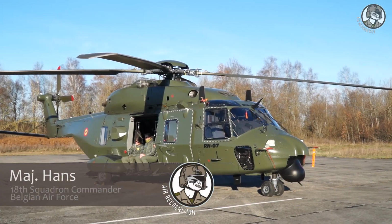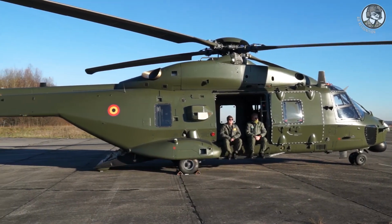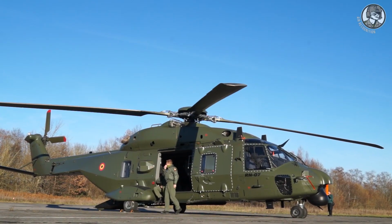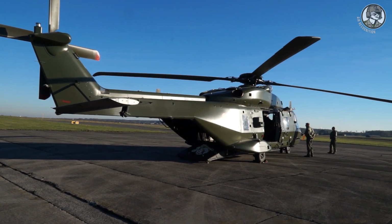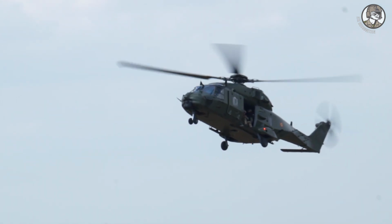Good afternoon. We are here just next to the NH90 helicopter, in the TTH version, a tactical transport helicopter, which has been bought by Belgium, four pieces of it, with the aim to transport troops. So it's there to transport guys from the land component, more in particular the light brigade of the land component,